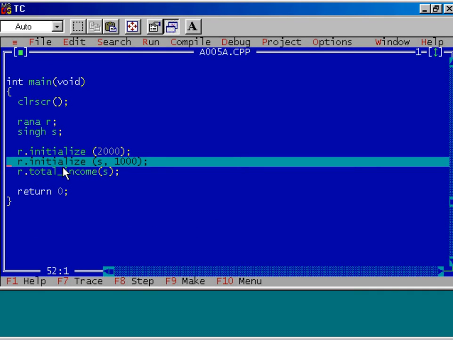After that, I want to initialize the data member of the object S. So using this initialize function of the object R, we are initializing data member of S. I'm passing the object S as an argument to this function. See the diagram.